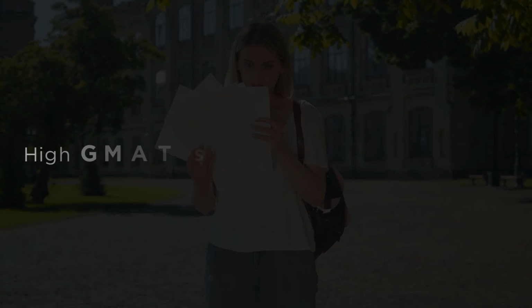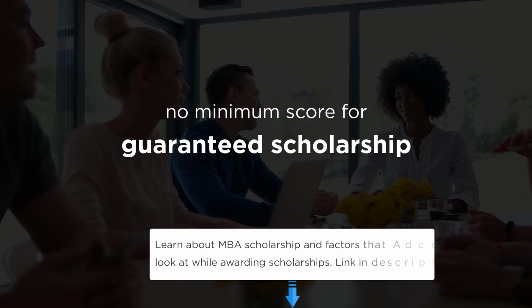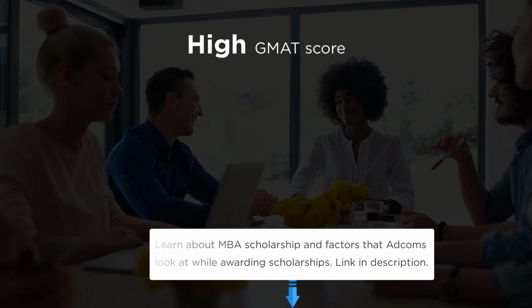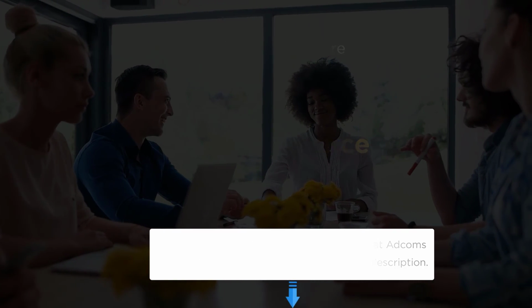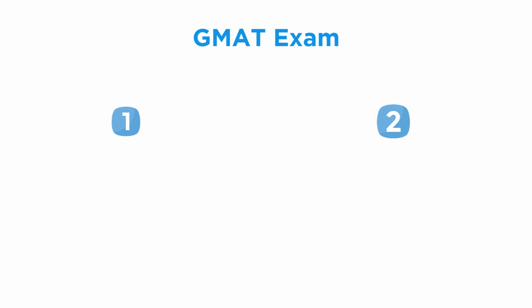A high GMAT score can also help you get a scholarship. However, scholarship committees do not list a minimum score to guarantee a scholarship, but a high score can increase your chances of getting one. Now that you have an idea about the GMAT exam, the two most common questions that